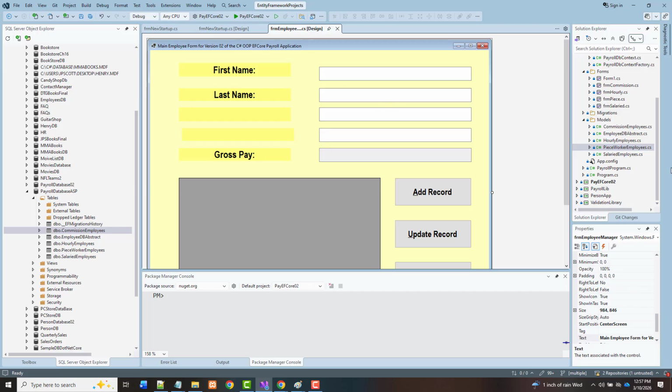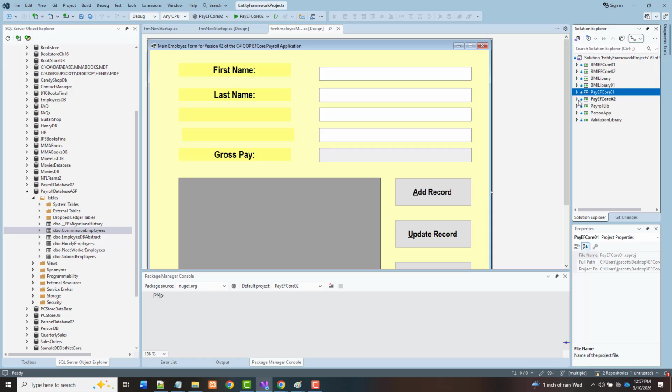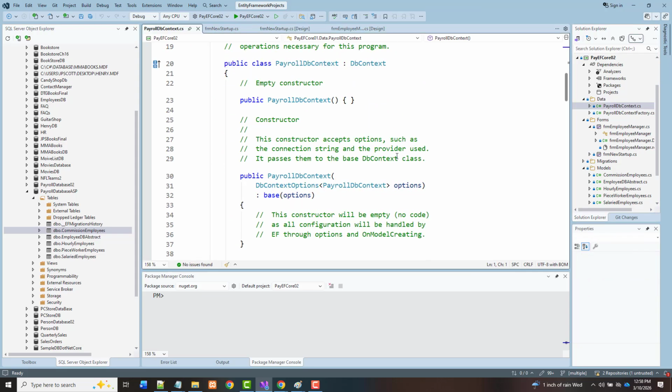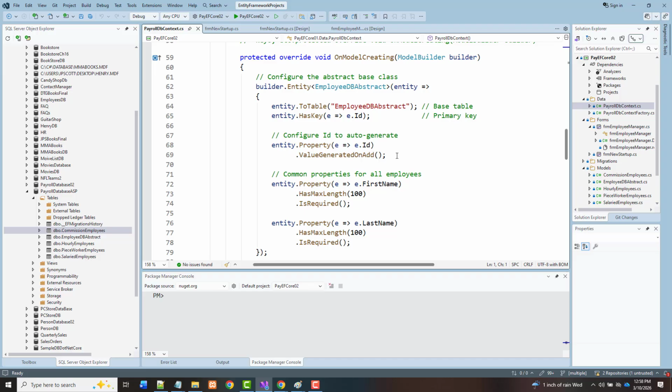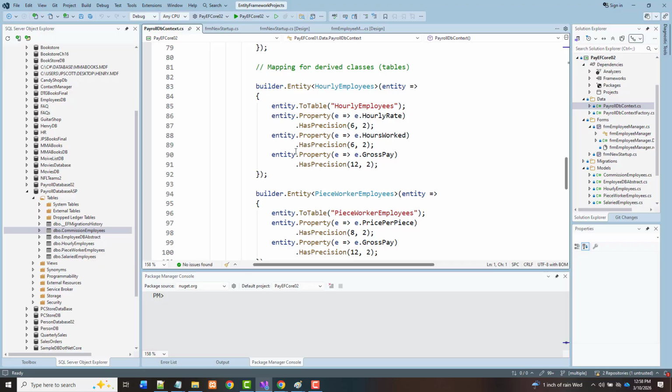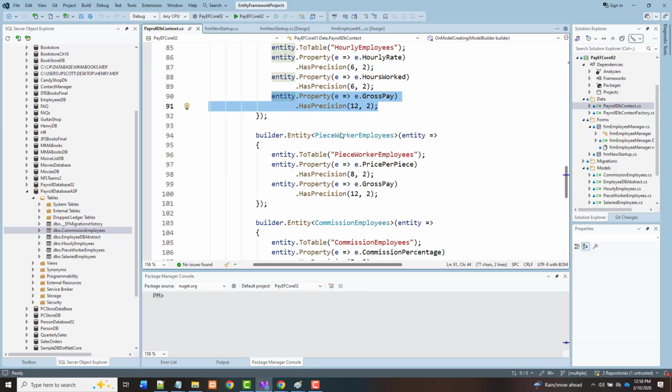These are correct. All right, this is the stuff from PayCore EF2. And the good news is, since now I've got the right one up here, I'll make sure that I've got everything written in here the way it should be. All right, these are the ones I did change. So in the EF context here, I had to add gross pay. I did not have that in the first iteration. It is in there now for both hourly,